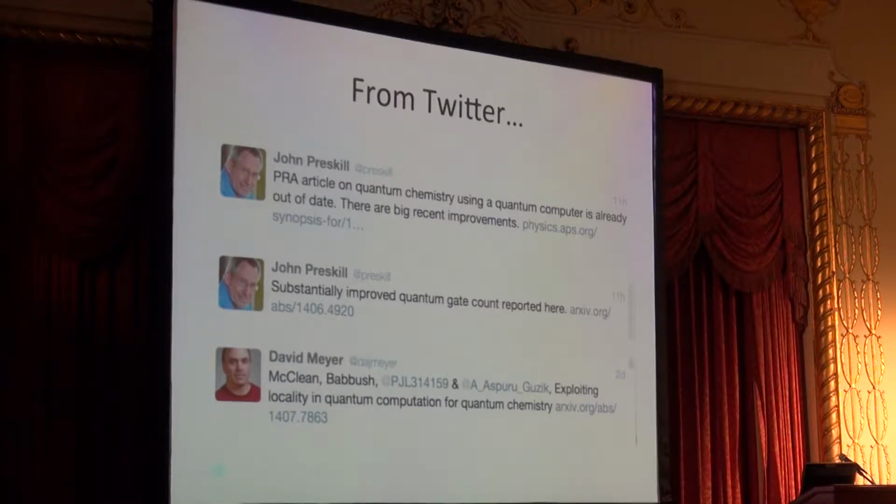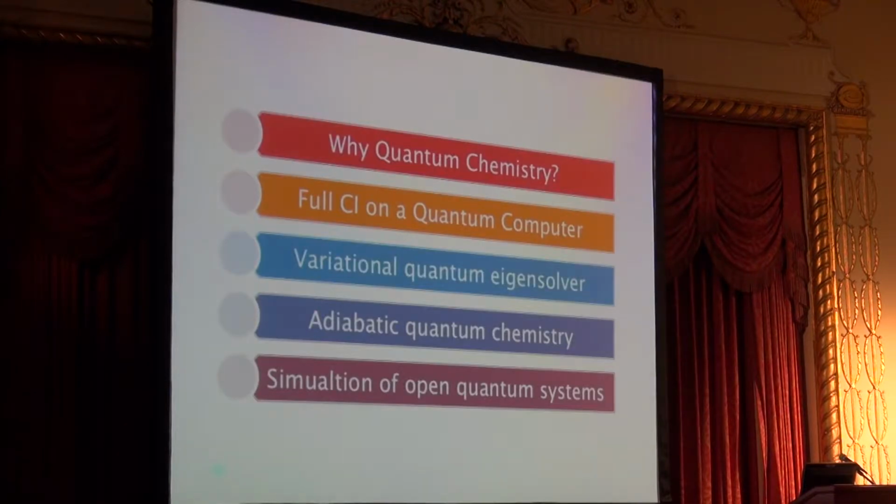Let me begin by telling you about quantum chemistry, and how even tweets can be outdated right now, in the last 6 months, in quantum computing for quantum chemistry. So I'll be telling you about these first 4 topics here. Why quantum chemistry? Then I will tell you about the gate model approach that Twitter is about right now. But I will also tell you about 2 other approaches that my group developed last year, and we've been working on, that actually do not use gates to simulate chemistry. But let's begin with the idea of quantum simulation and chemistry.